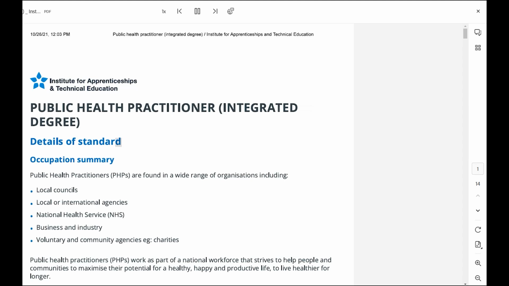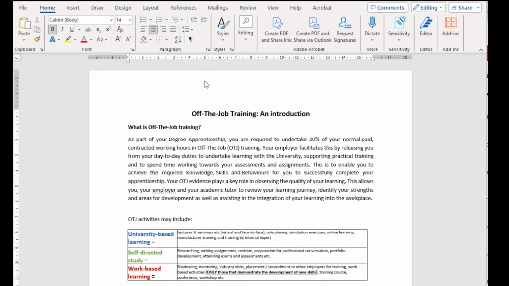Details of Standard Occupation Summary. Public health practitioners, PHPs, are found in a wide range of organizations including local councils,